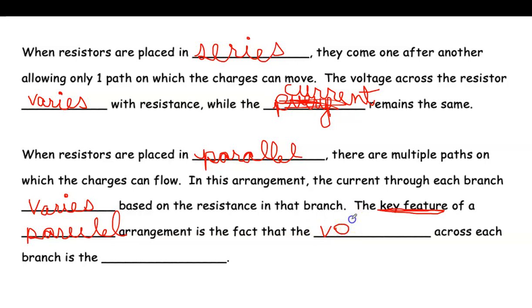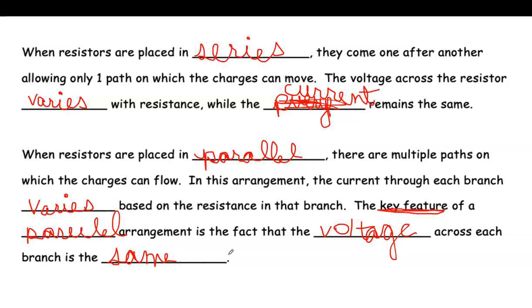The voltage stays the same while the current varies, and that's the opposite of what happens with series, where the current is everywhere the same and the voltage varies. Okay, so we've got that one down. This is that key idea for parallel, that the voltage across each branch